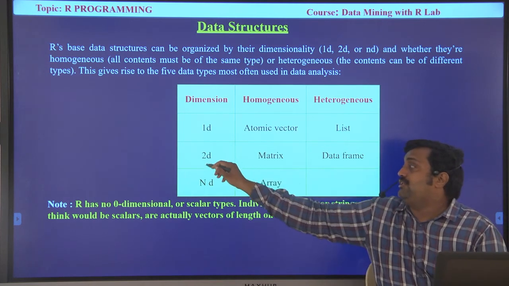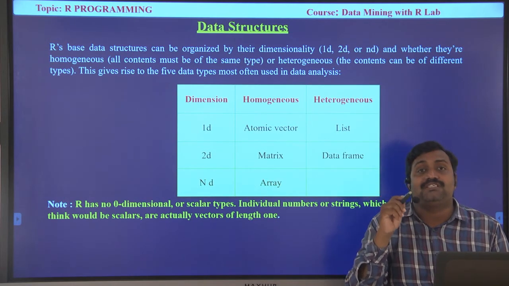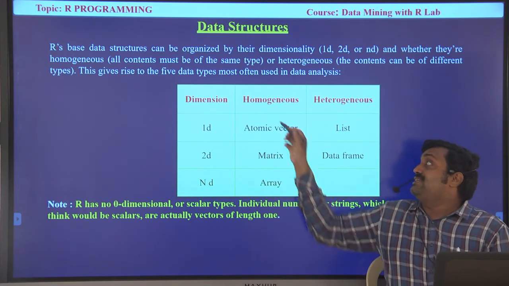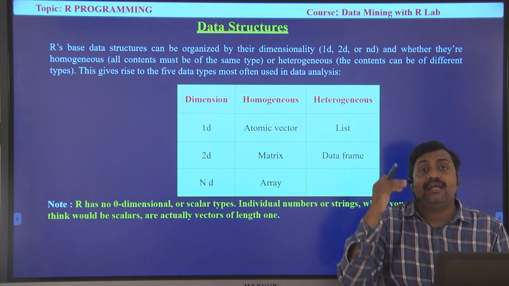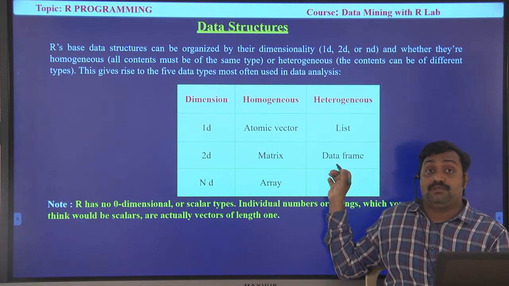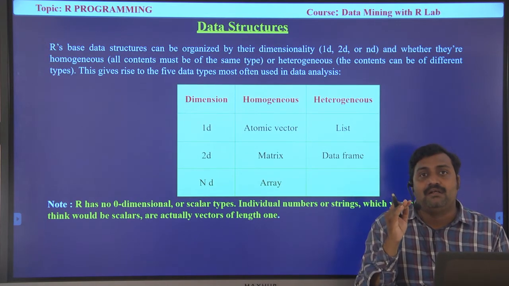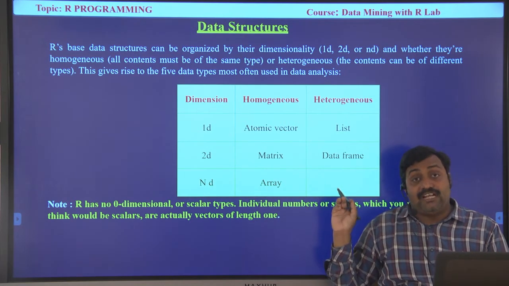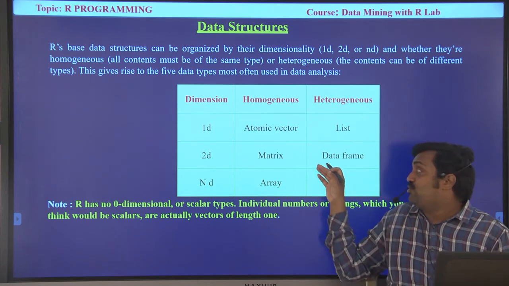Then only we can access it. So in two dimensions, to retrieve a single value we use two index values, two positions, row and column. That is the two dimension. That is a matrix, and it is homogeneous. That means a matrix can store only one type, generally integer types. And we have another very important concept, data frames. Data frames play a very key role in R. They can handle heterogeneous types as well as two dimensions. So data frames play a key role in handling data sets. We need to focus more on data sets.